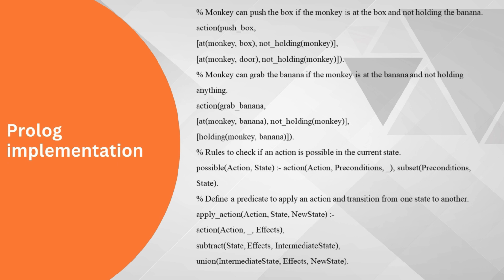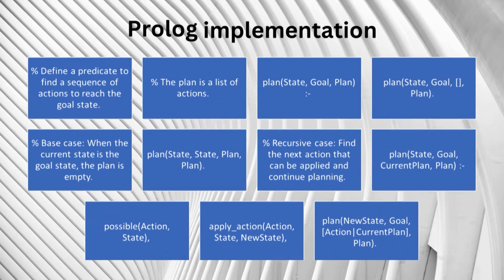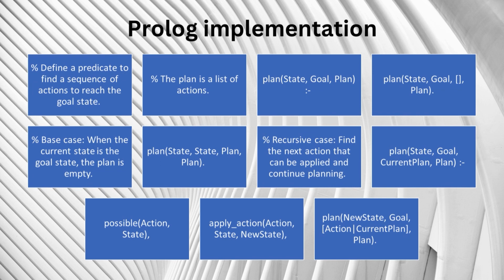Now define a predicate to apply an action and transition from one state to another. Apply action, action, comma, state, comma, new state. That means action, action, comma, new state, comma, effect. Then subtract state, comma, effects, intermediate state, comma, union, intermediate state, effects, new state. Next step is to define a predicate to find a sequence of actions to reach the goal state. The plan is